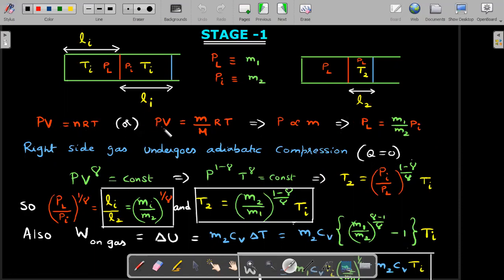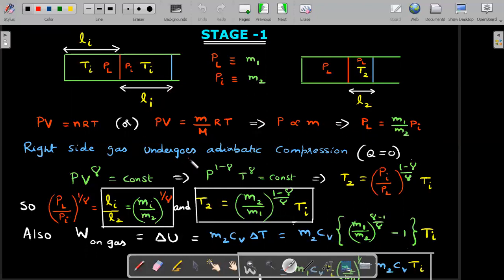PV is equal to nRT, or PV is equal to, since masses are given, I'm converting it to m by capital M, molecular weight or molar mass as you can call it, and P is proportional to m, right, for either side of the piston. Okay, so this is to estimate the ratio of pressures. You could see the volumes on both sides are same, and temperatures were given to be same, which means the pressure is directly proportional to mass in the left to right comparison. So the pressure PL on the left side should be M1 by M2 times PI. You would have directly written this as actually 6, but I'm keeping that ratio. Okay, so M1 by M2 into PI, I'll keep it aside.